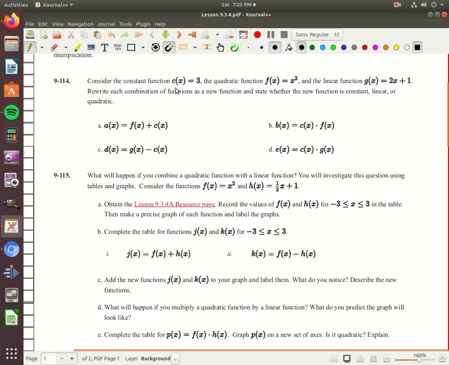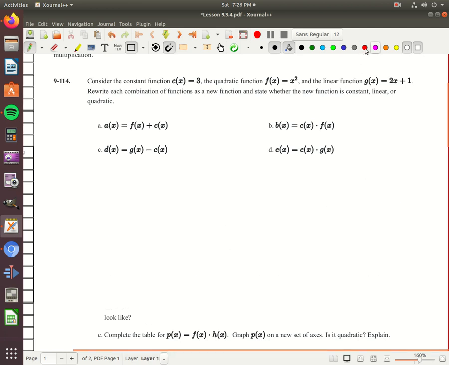So consider the constant function c of x equals 3. So that means it's just always 3. The quadratic f of x equals x squared, so it's going to be a parabola, and the linear function g of x equals 2x plus 1. Rewrite each combination of functions as a new function and state whether the new function is constant, linear, or quadratic. Again, constant means there's no x, quadratic means it's x squared, and linear means it's x to the first power. So let's go ahead and do that, and we will add, subtract, multiply, and divide these things and see